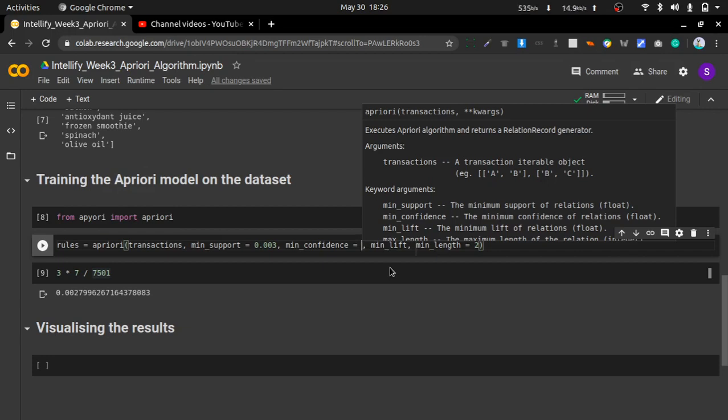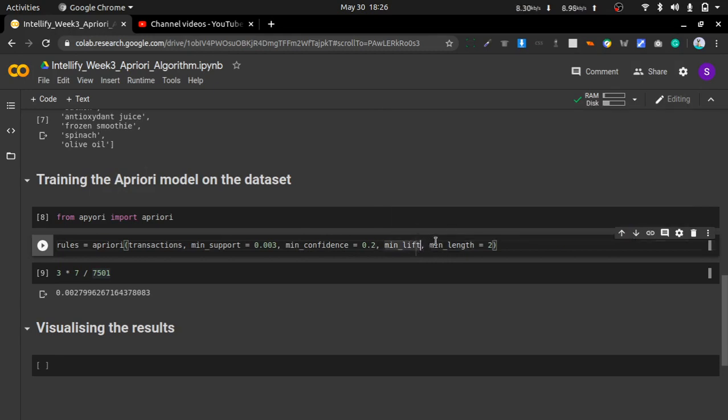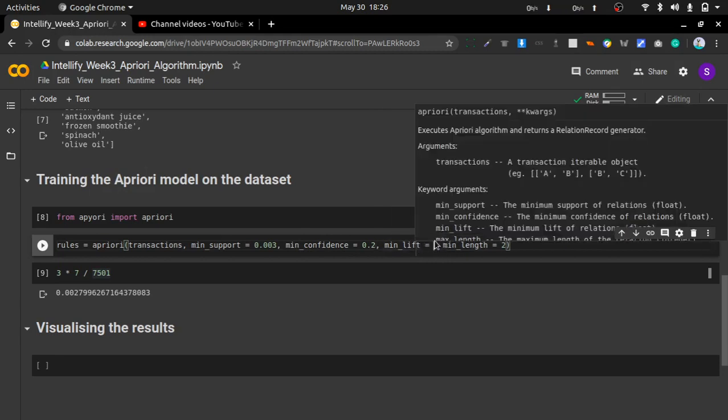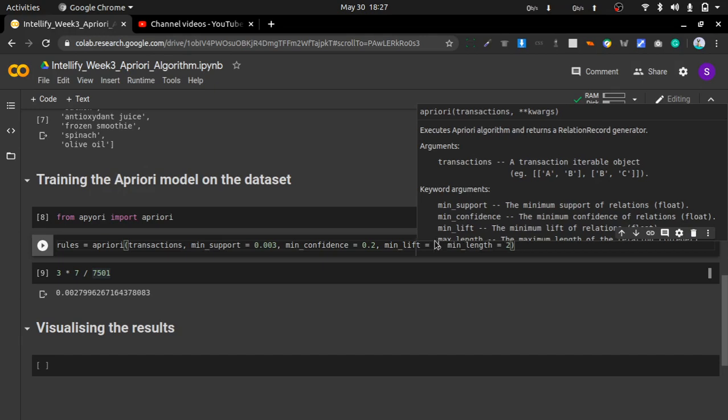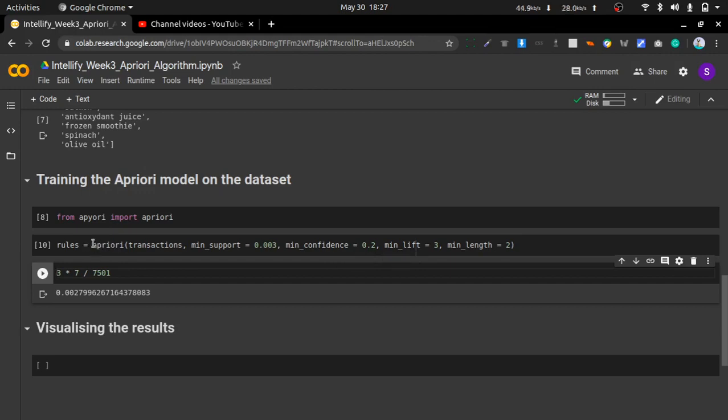So generally we set the minimum confidence to lower. I will set it to 0.2, that is 20%. If our apriori method gets a confidence value greater than 20%, then it will consider the rule, else it will not consider that rule. And I will set the minimum lift, that is the confidence of A and B divided by the support of B. We can get this from the formula, and I will set minimum_lift as 3. So now we have made one variable from this apriori. Now we have our model ready.